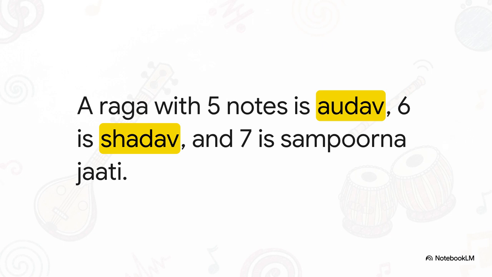It sounds kind of technical, but it's actually wonderfully simple. Jati just tells us exactly how many notes make up that specific raga's staircase. If a raga uses only 5 notes, it belongs to the Audav jati. If it uses 6, it's Shadav, and if it uses all 7 standard notes, it's considered fully complete, known as a Sampurna jati. Understanding this just gives you a really clear picture of the exact framework a musician is working